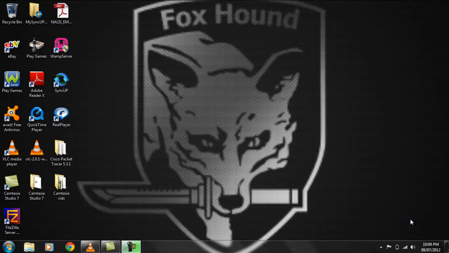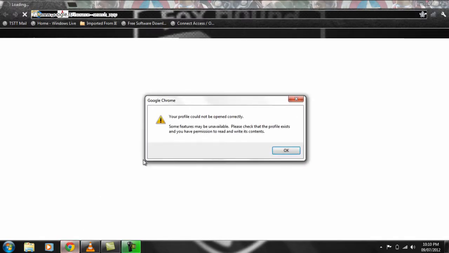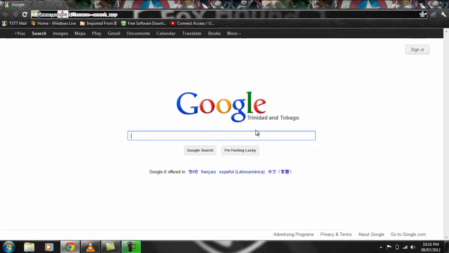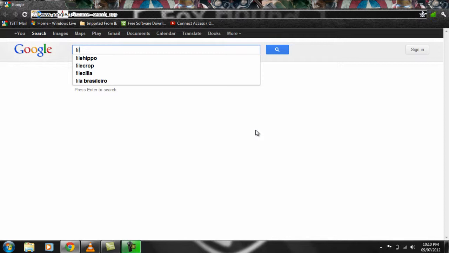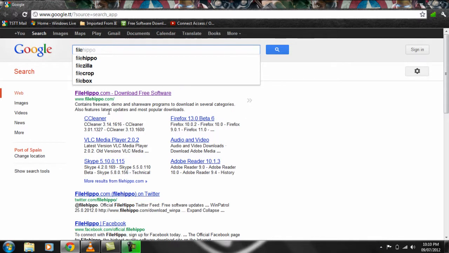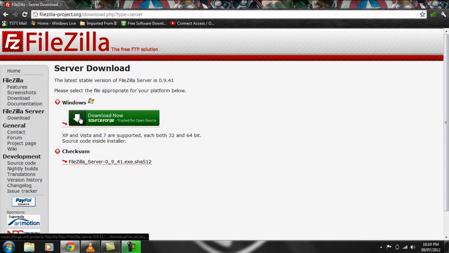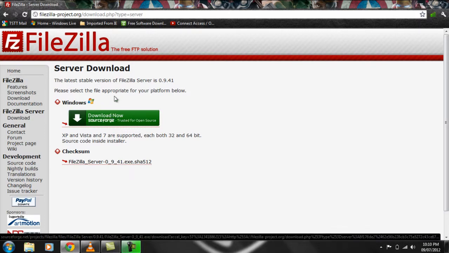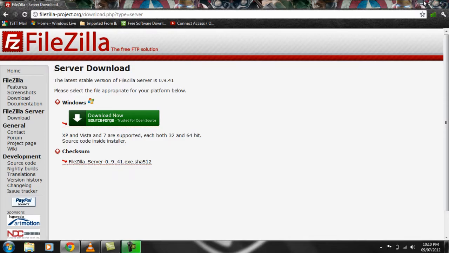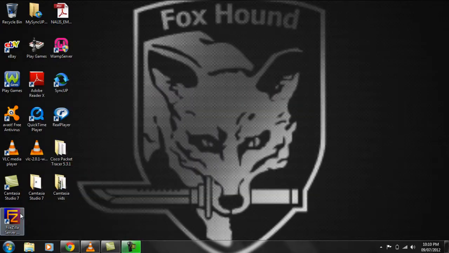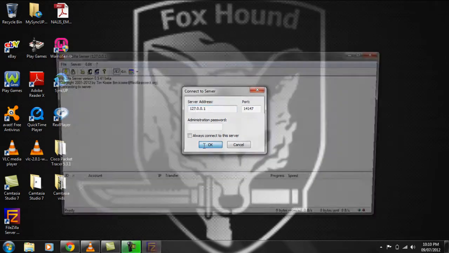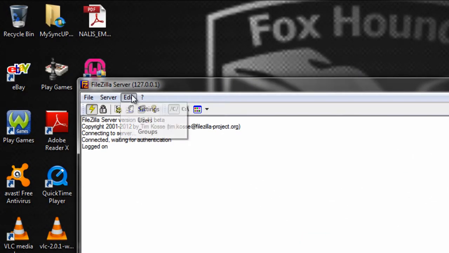So what you need to do is download your FileZilla server. You can just Google FileZilla, select server download, select this green option here, and download it. But I already downloaded it, so you can just open it up, select OK, select edit,